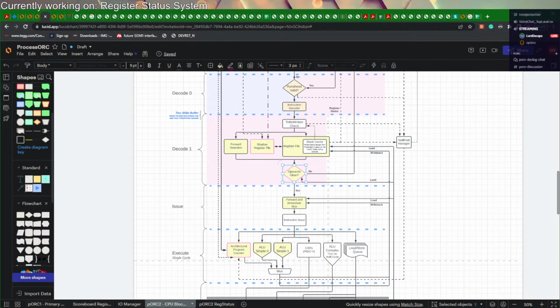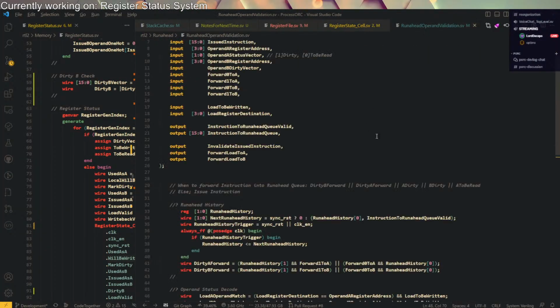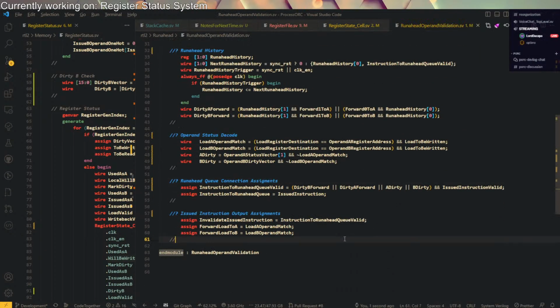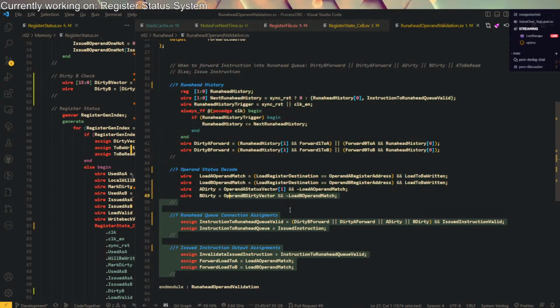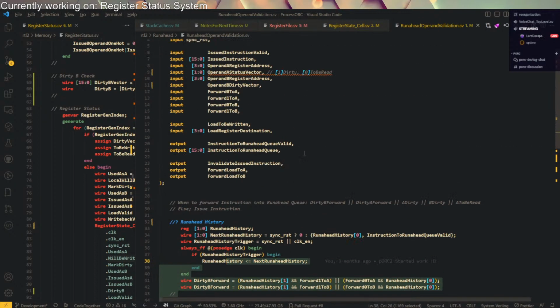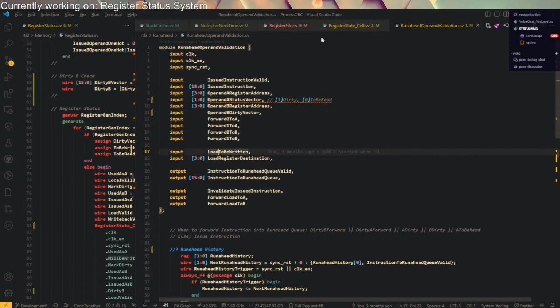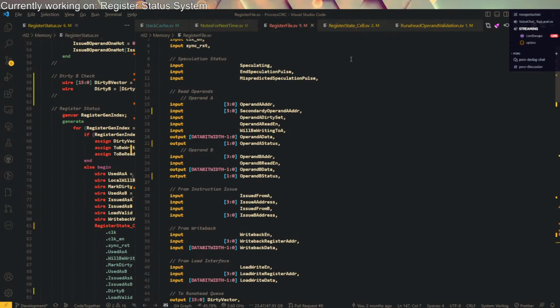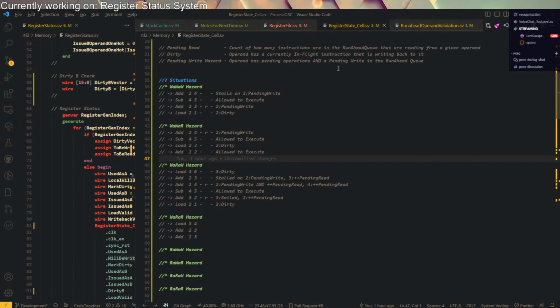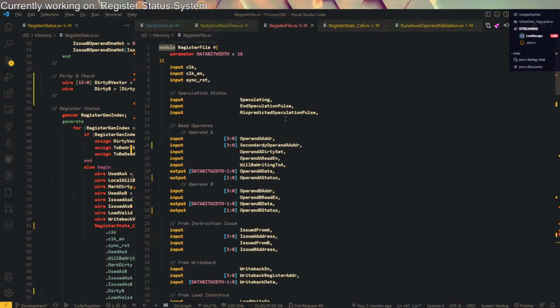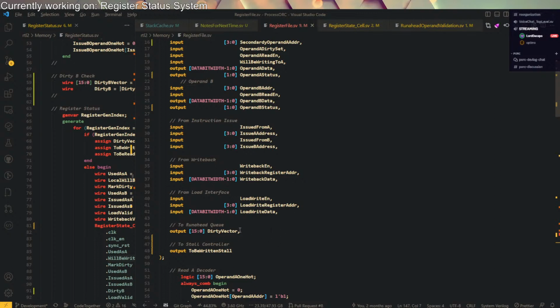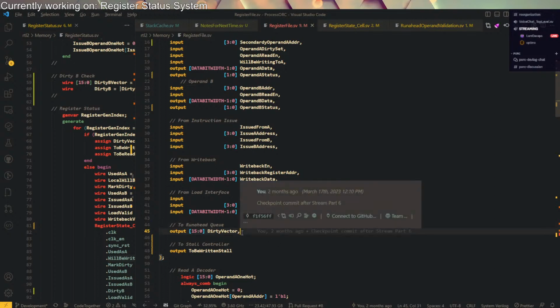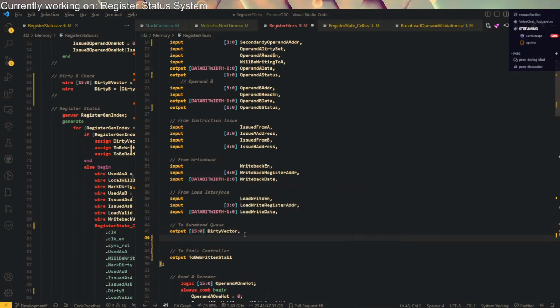So, in this run ahead check, this validation does not even need to happen. This module isn't really even needed, because all I need to do is have a single wire out of the register file that just says, like, output